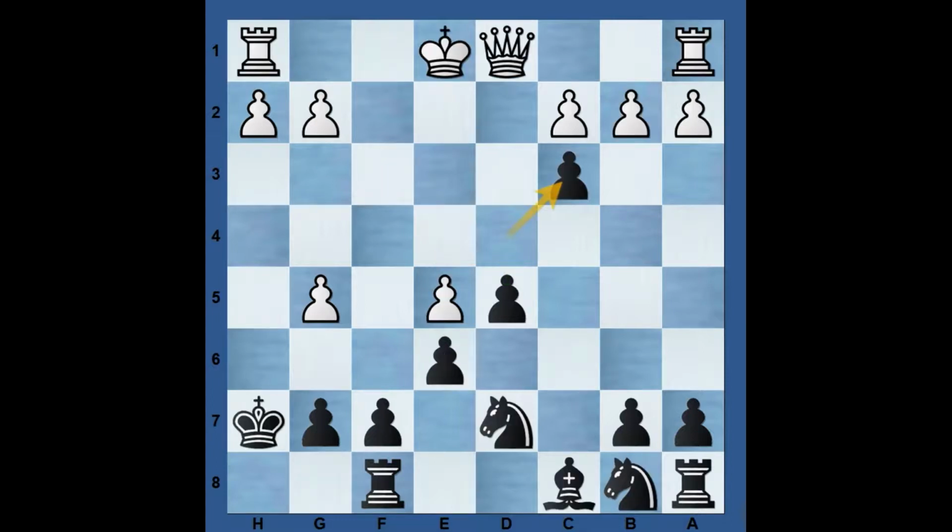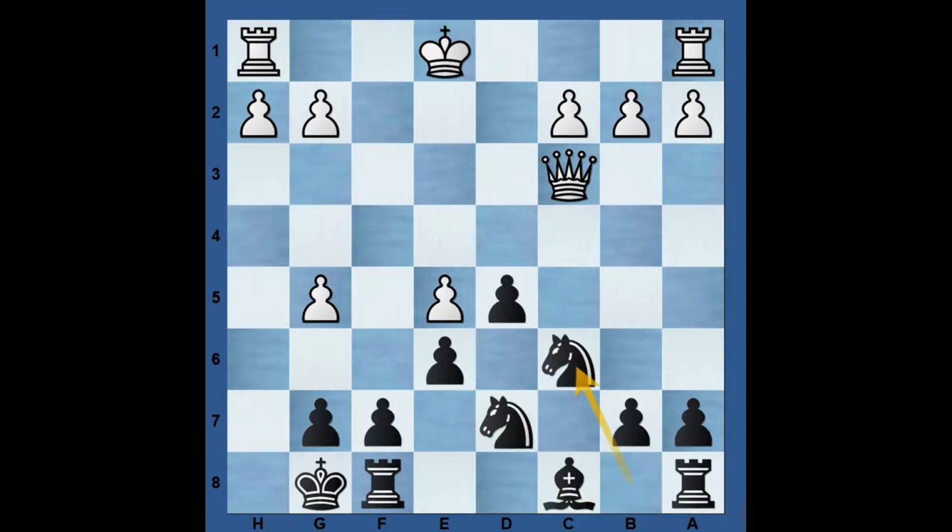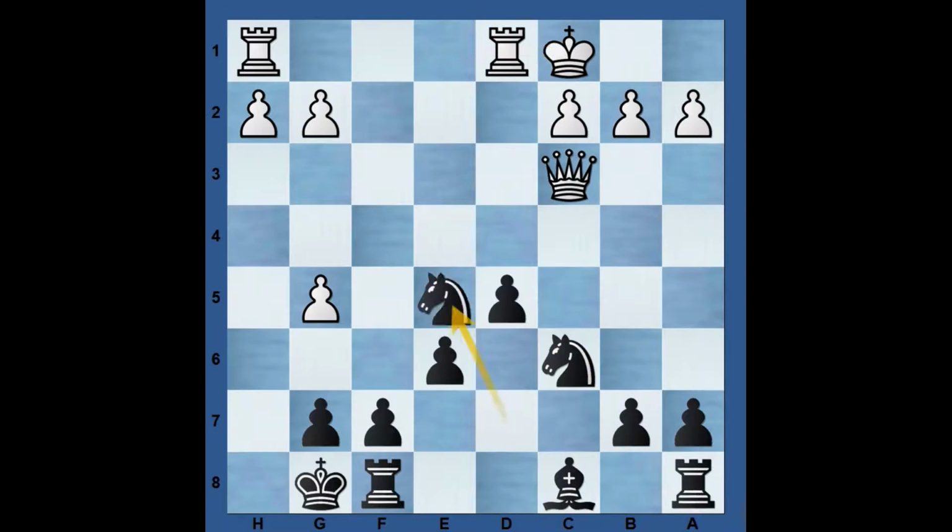But after this move, white played check on d3, g8, and he took c3. And now black needs to activate his minor piece, knight c6, attacking this e5 pawn, which is only once defended. White castled, knight takes, improving the bishop of the d knight,